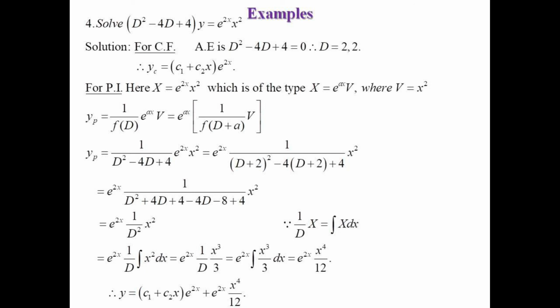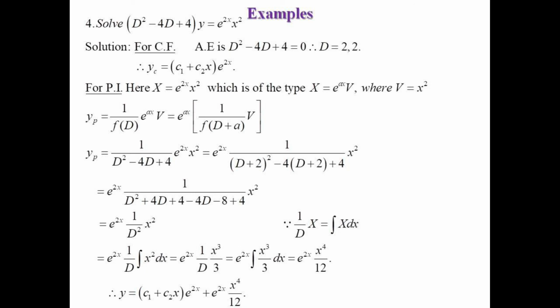If we solve this equation by the quadratic method, or find two numbers whose product is 4 and sum is −4, we get the roots of this equation as 2 and 2. So these roots are real and repeated. According to the complementary function formula for real and repeated roots, the complementary function is yc = (c1 + c2 x) e^(2x). So this is the first solution, which is called the complementary function of the equation.